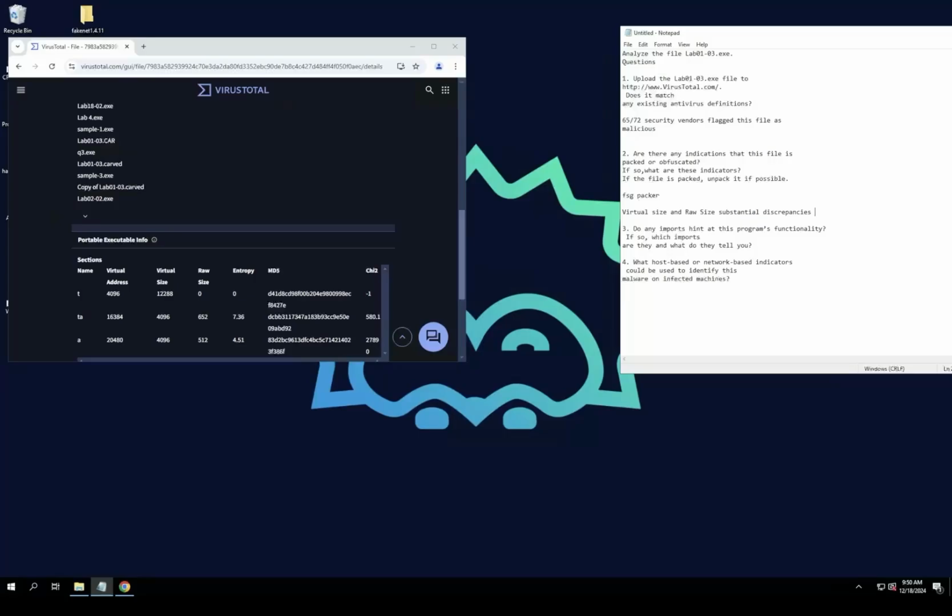So the indicators are, we see that it's FSG packer, we see that the virtual and raw size of the